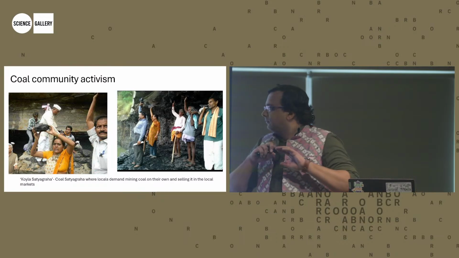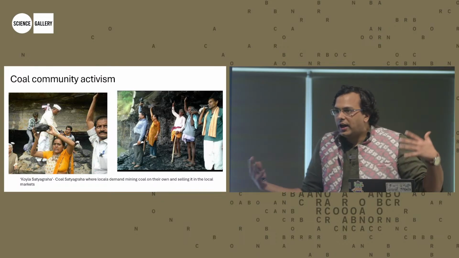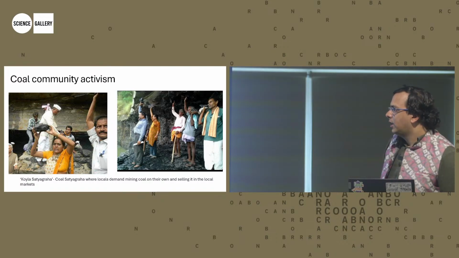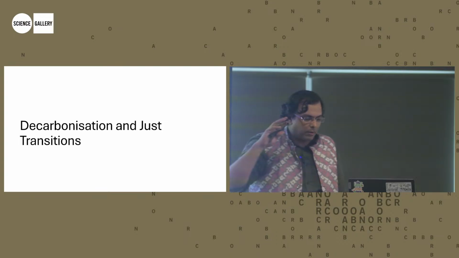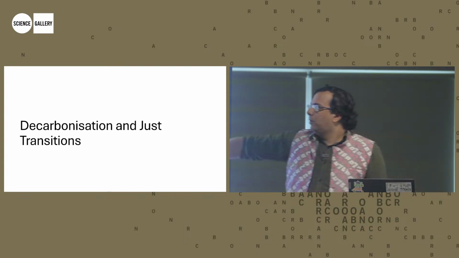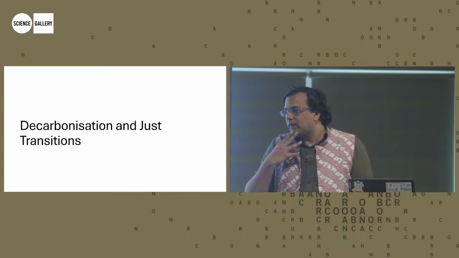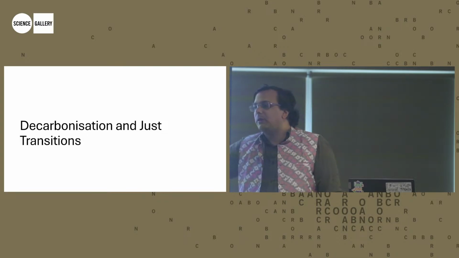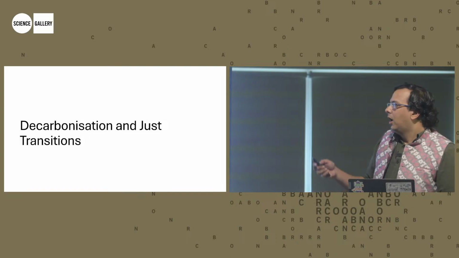So this is just some background because I think many people are just not familiar with the visual reality of what the coal industry looks like. But then what do we do going forward, right? Obviously, decarbonization is necessary. I'm not going to talk about why we need to decarbonize, but one of the phrases that's been used a lot, especially in policy circles, is this idea of just transitions, right? How do you have an energy transition which is just to the people who work in these industries, who live around them, who are dependent on them?